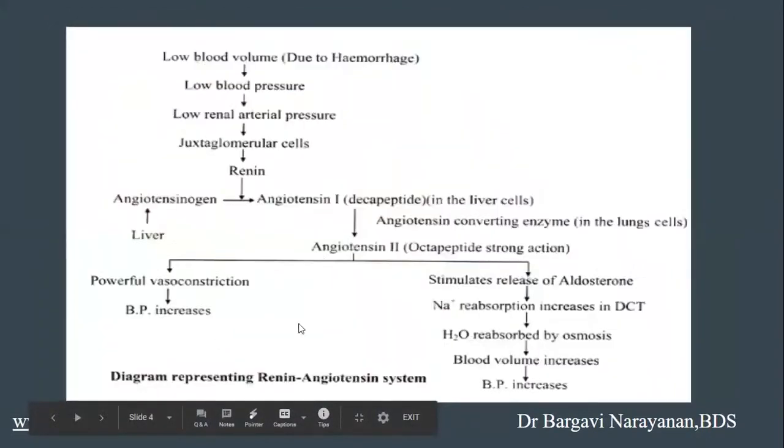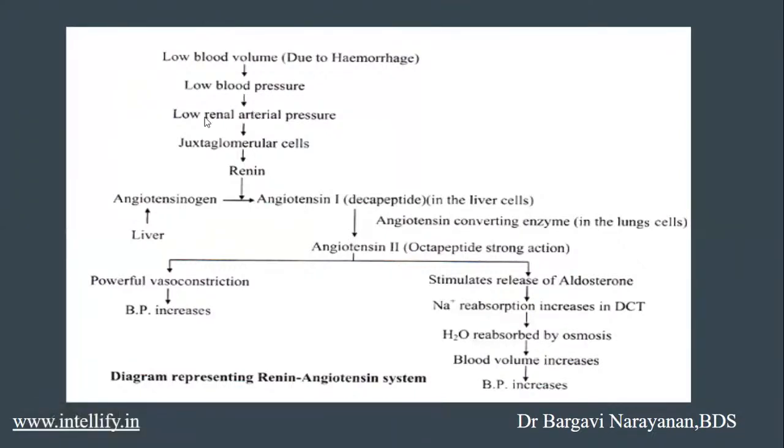The second mechanism is the maintenance of blood pressure. So now this is also called the renin angiotensin mechanism. So whenever there is a decrease in the volume of blood, when there is a decrease in the blood pressure, these juxtaglomerular cells are going to be activated and they cause the release of an enzyme called renin. Now this renin enzyme is going to cause the conversion of angiotensinogen in blood to angiotensin 1. Now, this angiotensin 1 is again converted into angiotensin 2. So, this angiotensin 2 acts as a powerful vasoconstrictor, which is going to again increase the BP and hence the glomerular filtration rate comes back to normal.